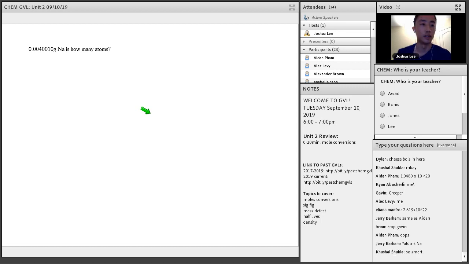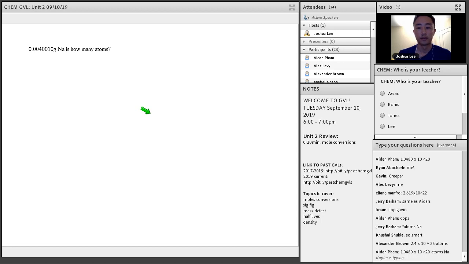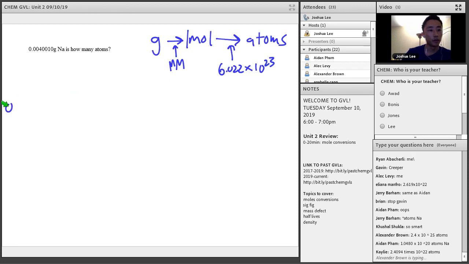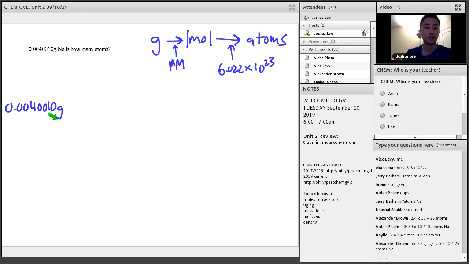Alright, so let's go over this. So we're going from grams to moles to atoms. At this point, we have to use molar mass, so we just put 1 mole. And at this point, we have to use the 6.022 times 10 to the 23rd. So let's start. We start with 0.0040010. I specifically chose this number just so that you would see how many sig figs we need. So sodium,